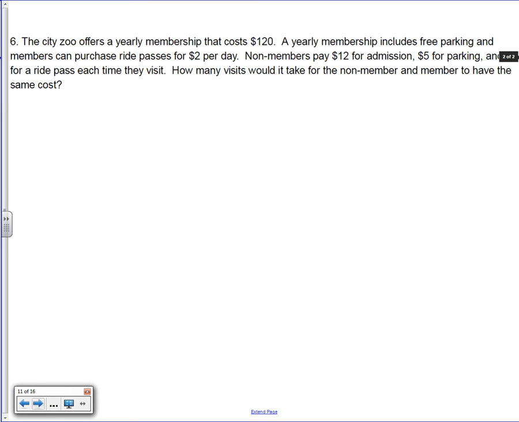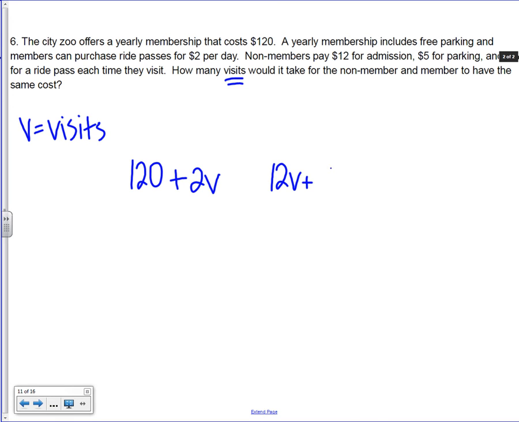Number 6, please pause to find your unknown. The unknown is how many visits. I'll call that V. We have members and we have non-members. Members pay 120 bucks up front. They get free parking and they can purchase passes for $2 per day. Now remember, a day is the visit that you're on. So we'll say 2V. Non-members, they have to pay $12 per visit, $5 for parking every time they go, and they have to pay $5